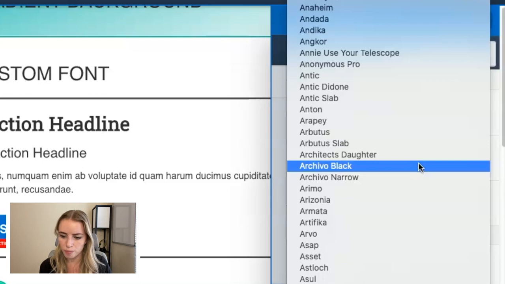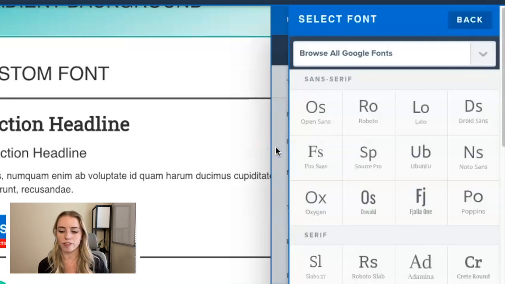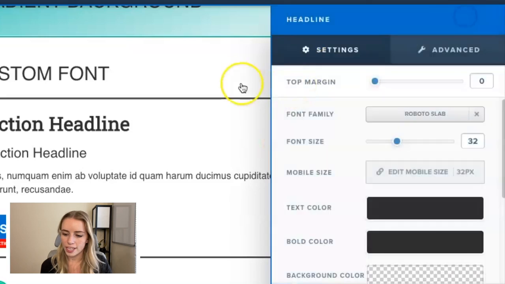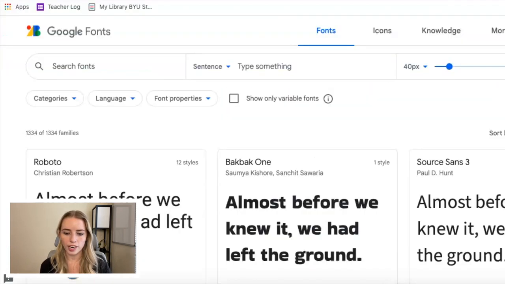So you can check that out there, but let's say you've looked at the option that they have there in ClickFunnels, and they don't have the font that you want to use. So let me show you guys how to add in the custom font from Google, okay? So let's go back here, and now we need to go and find our font. So I'm gonna go over here onto Google Fonts, and I'm actually gonna just search for the font that I want,